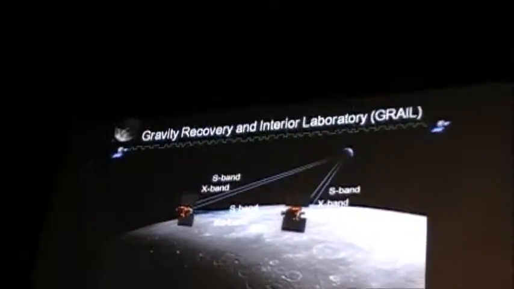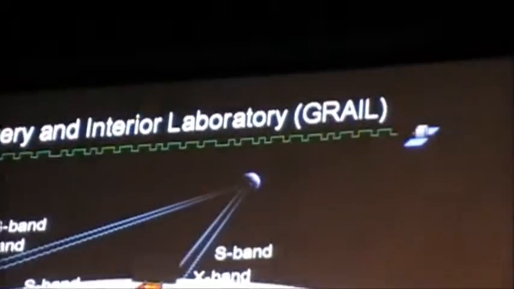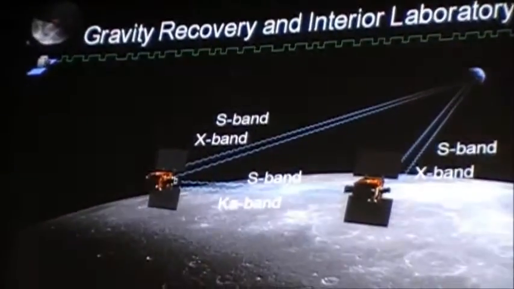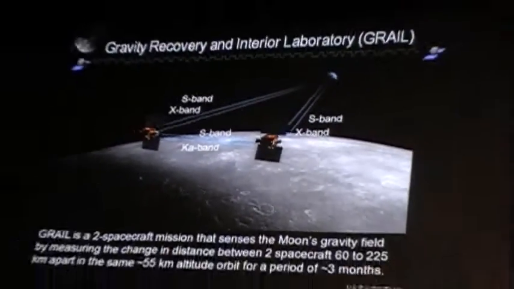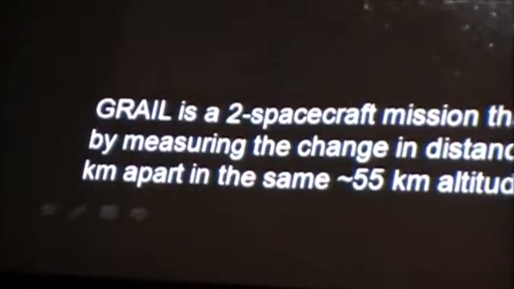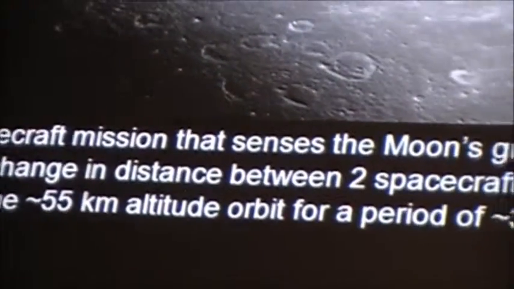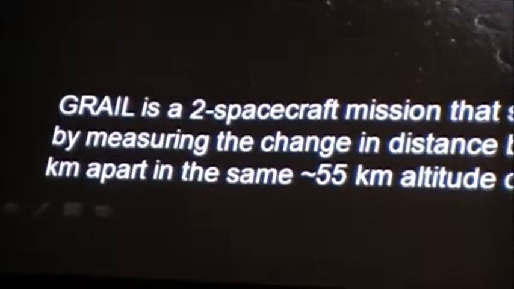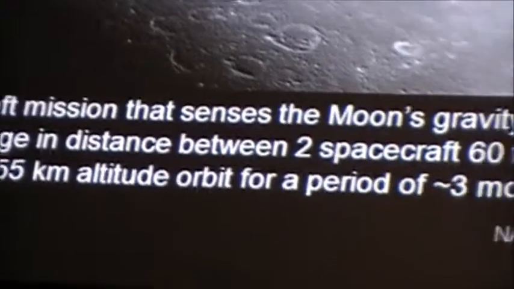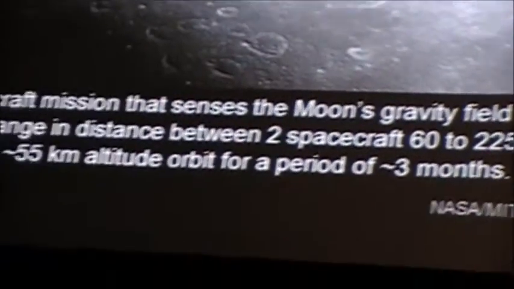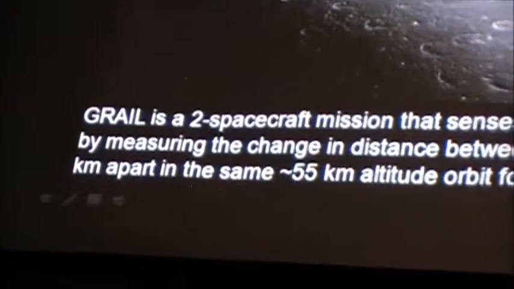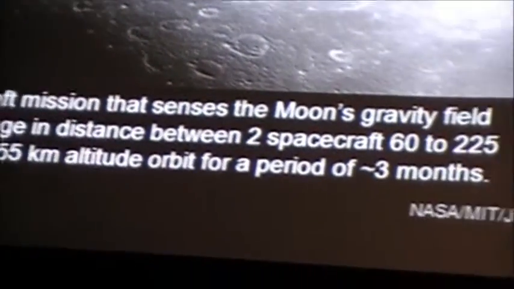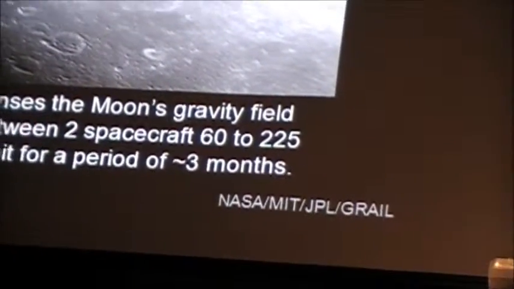Okay, so in the next slide here, this is how we make a map of the inside of the moon. We use radio signals. Now, the interesting thing about how we do gravity at the moon is the way we usually do it, not with the moon, is we have a planet and we have the Earth. And a spacecraft is in orbit around a planet, and we track the radio signal. And as the planet rotates underneath the spacecraft,